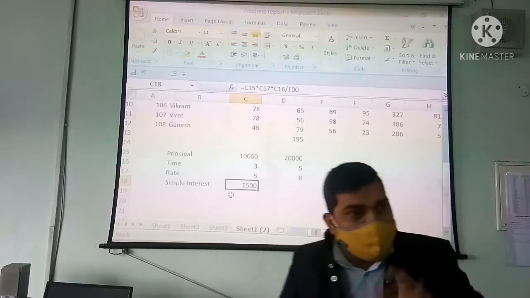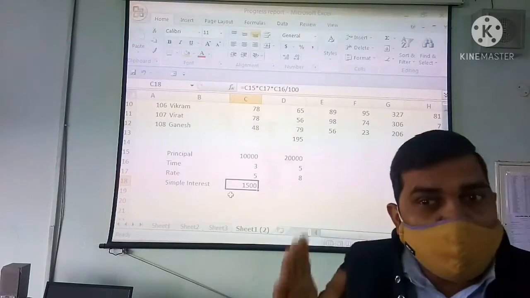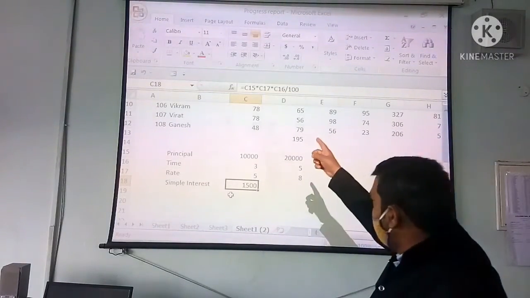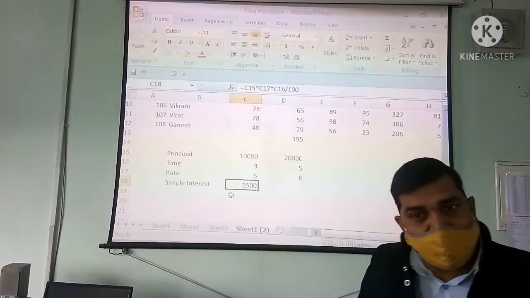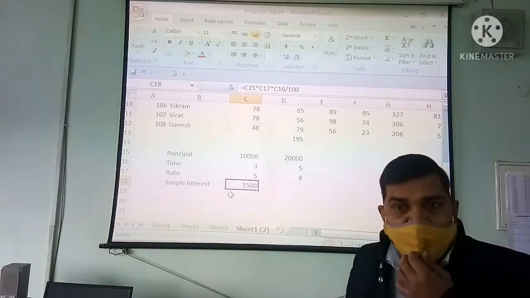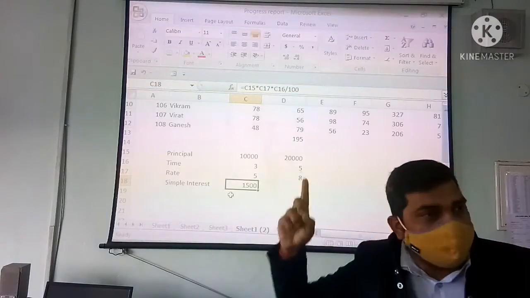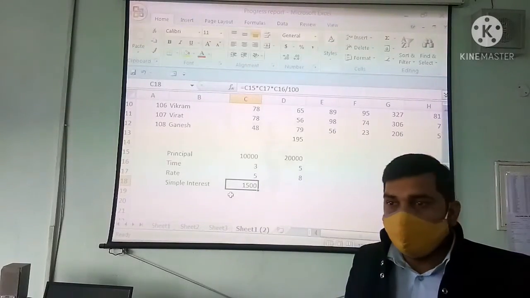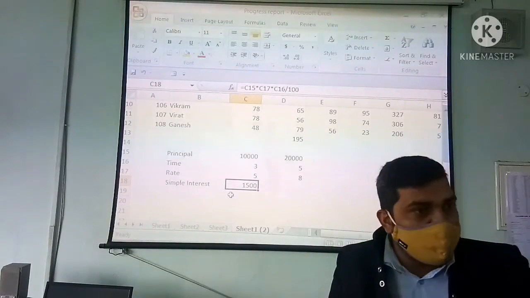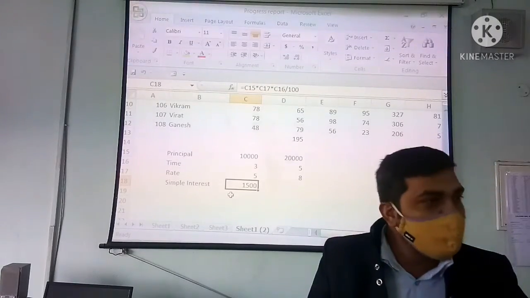Automatically, when I write the formula in column D, the references in the formula we have written will change. So that is called the relative reference. The address of the cell that I have written is the relative reference. So whenever you copy and paste a relative reference, its address will automatically change.